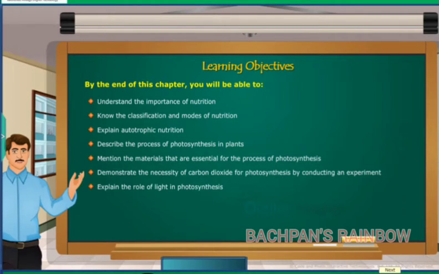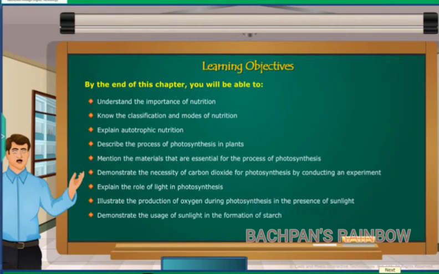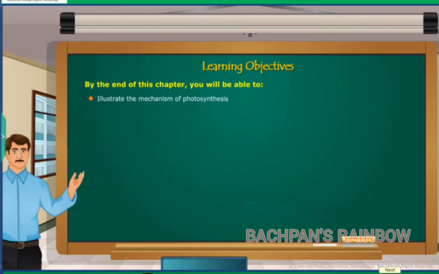role of light in photosynthesis, illustrate the production of oxygen during photosynthesis in the presence of sunlight, demonstrate the uses of sunlight in the formation of starch, interpret chlorophyll and photosynthesis, illustrate the mechanism of photosynthesis, interpret heterotrophic nutrition, explain